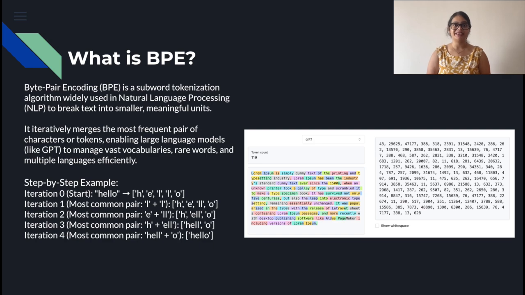Imagine you start with the individual characters of hello. It becomes H E L L O. Now scan through all your text and count which pair appears most often. Maybe it's L followed by L. That pair appears thousands of times. So you merge them into a new token, LL. Now your text has